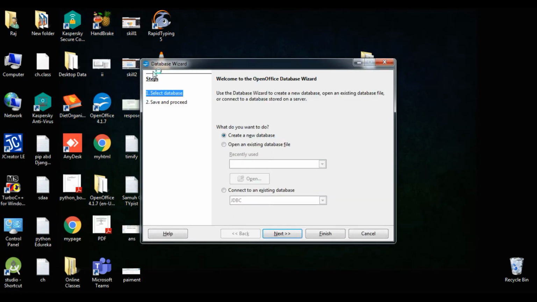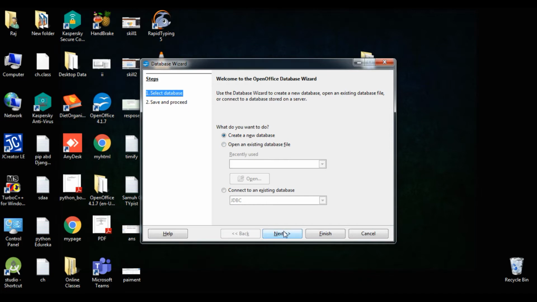Then after that you can see the first option will ask you regarding creating a database, because the database is the outermost structure of the table, report, queries, objects of the database. So first of all we have to create the database. Here there are a number of options by which we can create our database. The first option is a radio button, which asks you to create a new database.